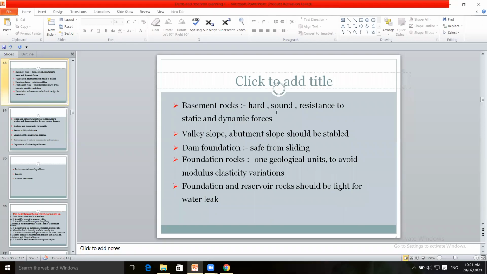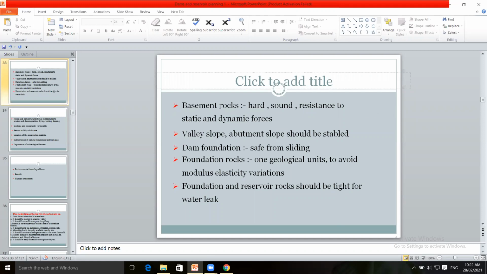If the foundation is strong to bear the weight of the dam. In case of a concrete gravity dam, the self-weight of the dam will be maximum. In that case, the foundation should bear the weight of the dam. Otherwise, an earthen dam may be selected, or another type, buttress dam, arch dam.